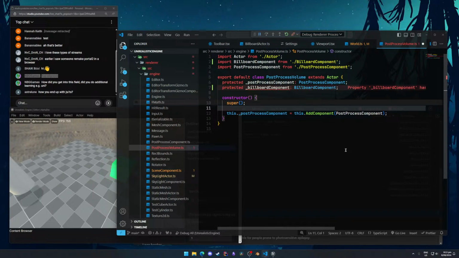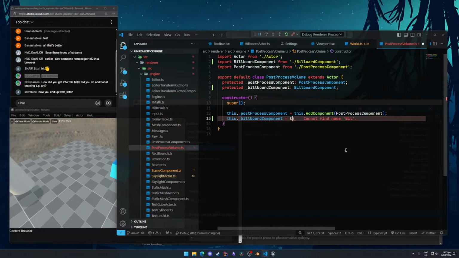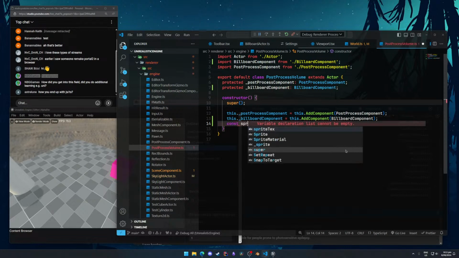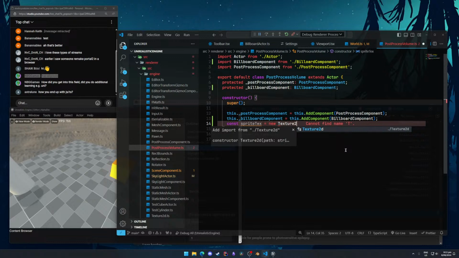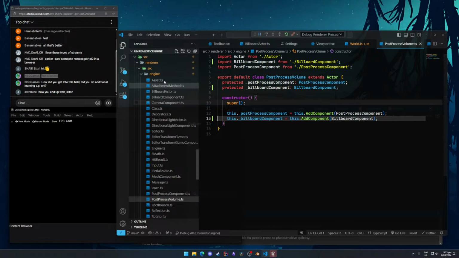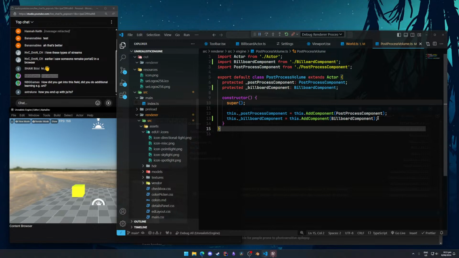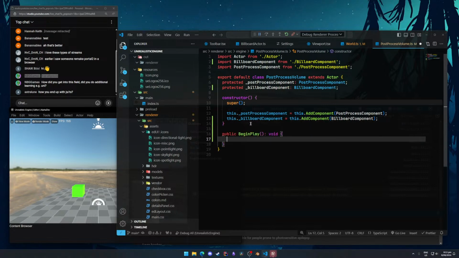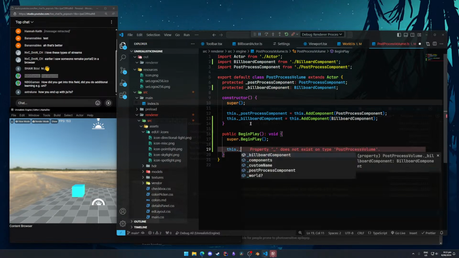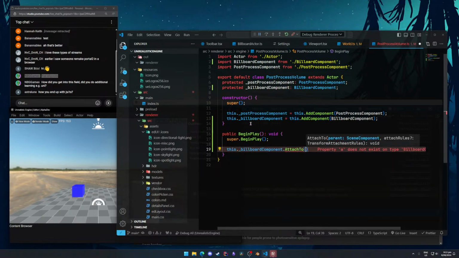Add a billboard. Not new. Add components. Okay. And then texture 2D. So the texture for this, actually, we'll just use the default one, because I didn't make a specific one for a post-process volume. So yeah, let's just use the default one. But we do need to attach it, and I have to do that here, annoyingly. Attach that to